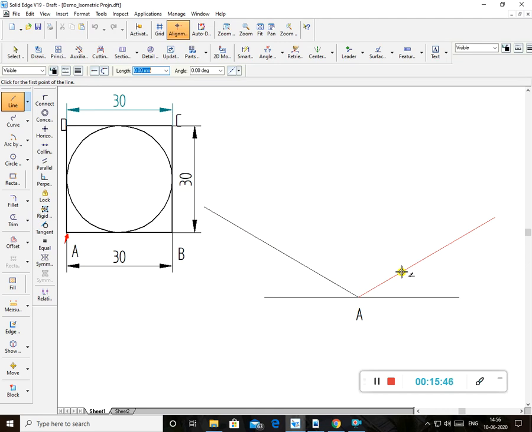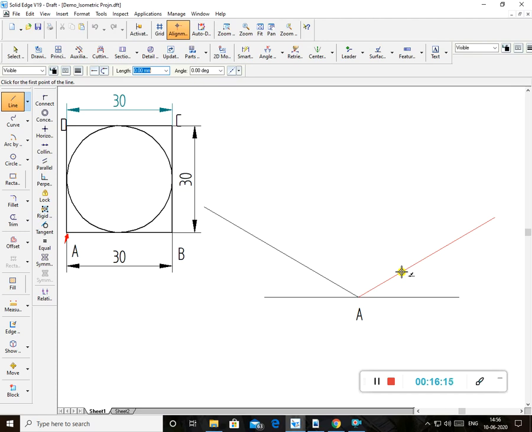Don't reduce the scale, because you are sketching manually. You don't get that type of isometric graph sheet on which you can draw an isometric projection. That's why, the way I'm doing now, the same way you take a plain paper. On that plain paper, in the way I'm telling you, you draw the lines and then go on counting the true dimensions, and consider the two dimensions and draw.